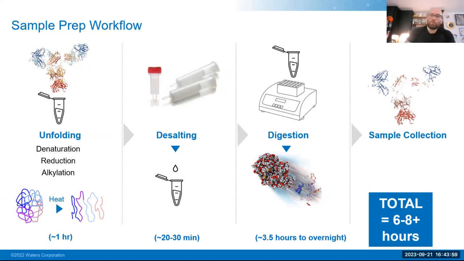It's a relatively straightforward process, but it can take potentially a day or longer to perform this. Historically, it's been quite a pain, and each one of these steps has potential to introduce any number of modifications that would not be native to the protein itself, and can cause artifacts that may cause you to think that the product that you made is not similar to the originator itself. So again, it's critical to develop a process that minimizes any of these artifacts throughout each one of these steps to make sure that you're seeing the accurate nature of that protein to show that, yes, you do have something that's similar to the originator itself.